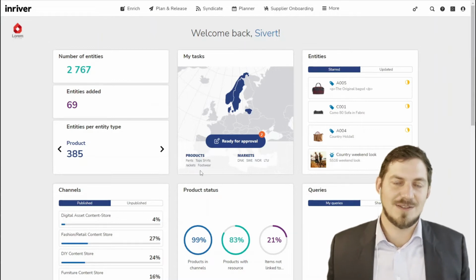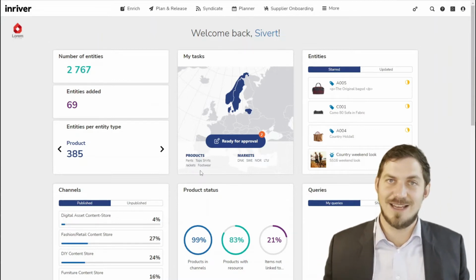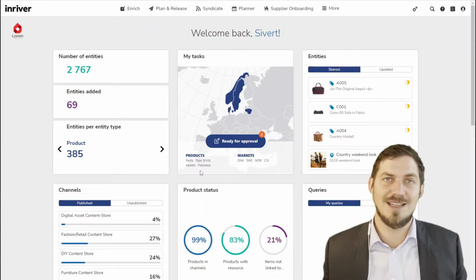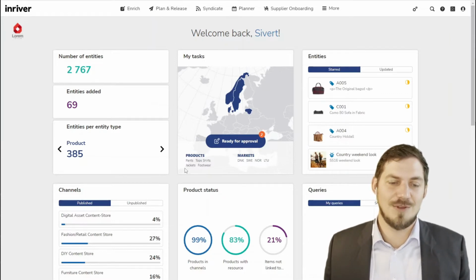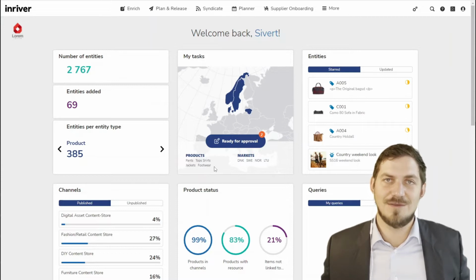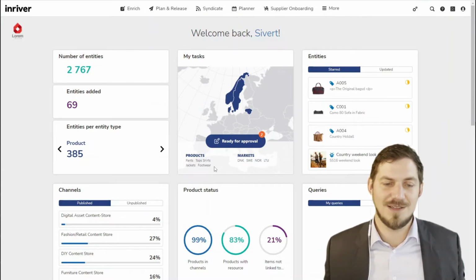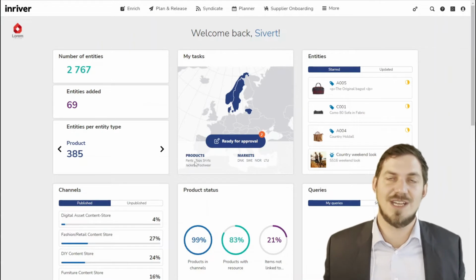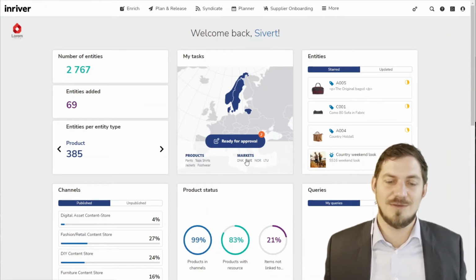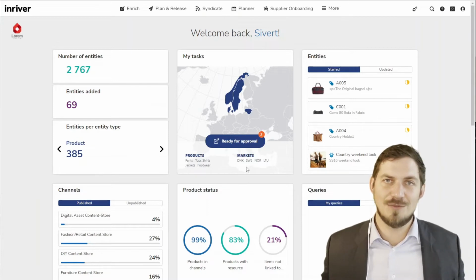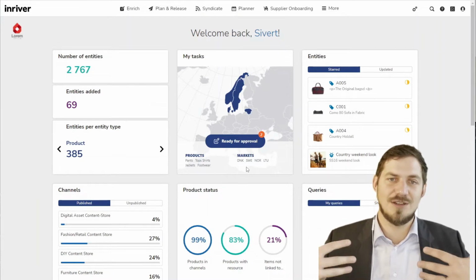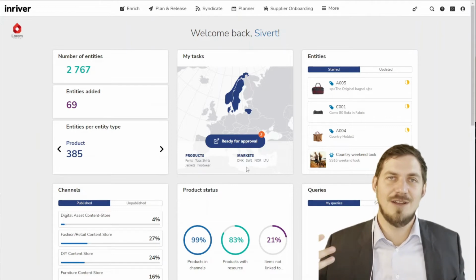The My Tasks widget shows you the tasks relevant for you, so the products that need approval. With this user account I'm logged into now, I have two areas of responsibility. I'm responsible for products within the areas of pants, shirts, jackets and footwear, and I'm responsible for four markets: Denmark, Sweden, Norway and Lithuania. So the widget pulls these criteria together, does some advanced searches and figures out what products